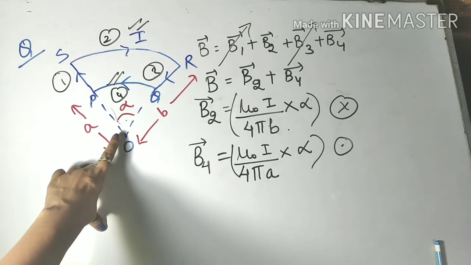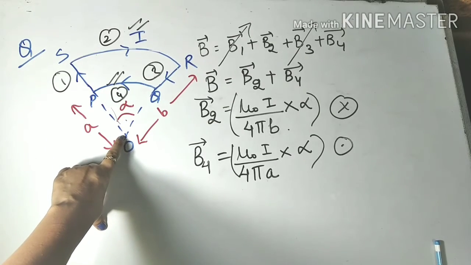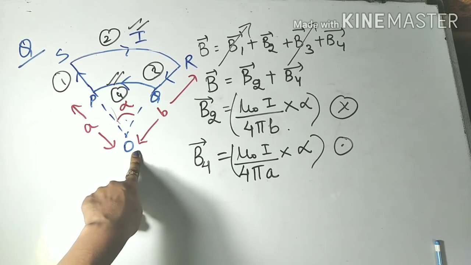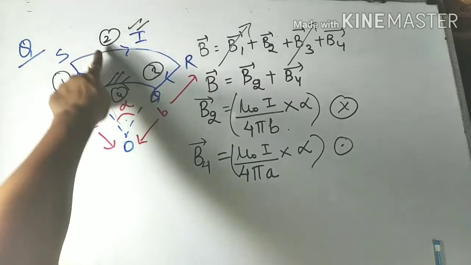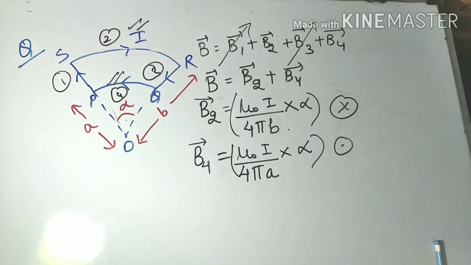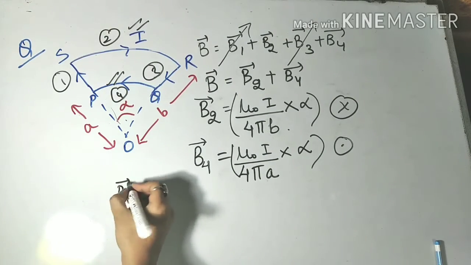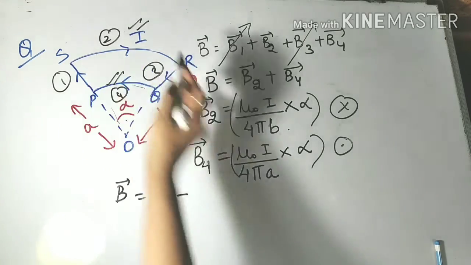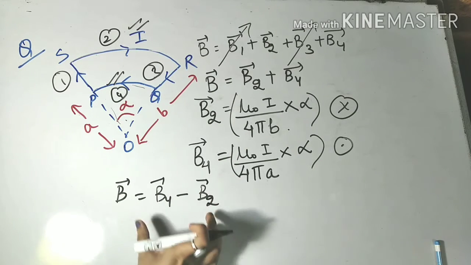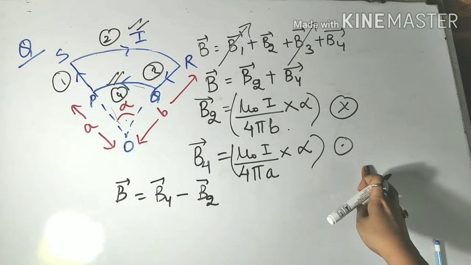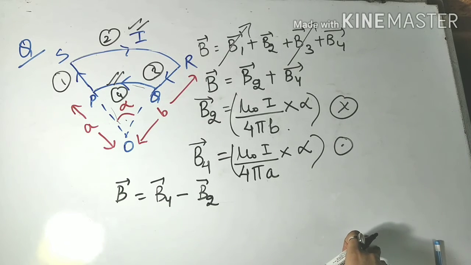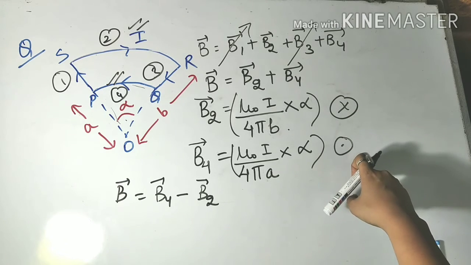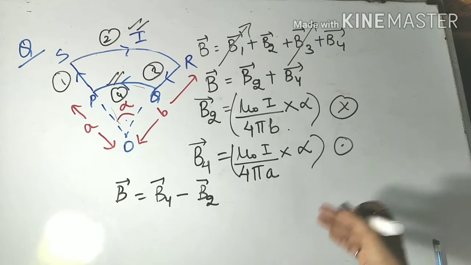As you can see, the nearest point of O is this one. So the radius A is near point O, so its effect will be slightly more as compared to this arc. So I can write my total magnetic field is equal to this magnetic field minus this magnetic field. क्योंकि आपकी जो नेट मैग्नेटिक फील्ड होती है डायरेक्शंस पे बहुत डिपेंड करती है. पिछले क्वेश्चंस में हमारी डायरेक्शन सेम थी, तो सेम डायरेक्शन में हम डायरेक्टली एड अप करते हैं, लेकिन जब हमारी डायरेक्शंस अलग अलग हो जाती हैं, so we have to see first कि किसका इफेक्ट पहले आएगा.